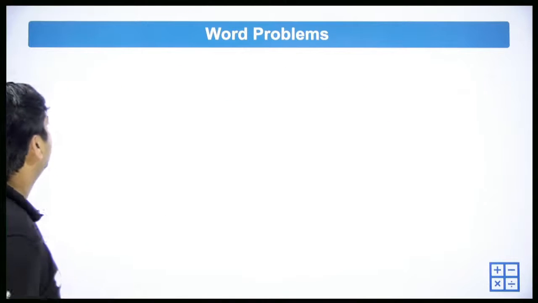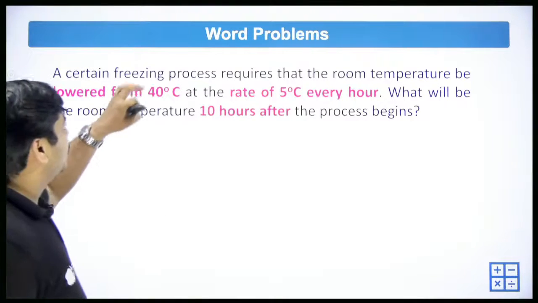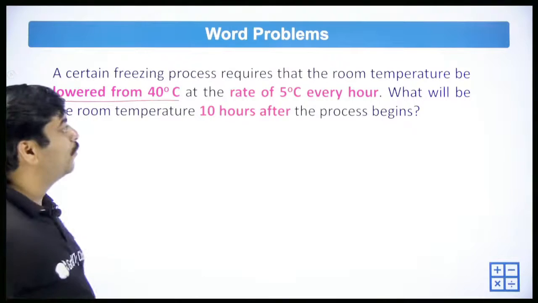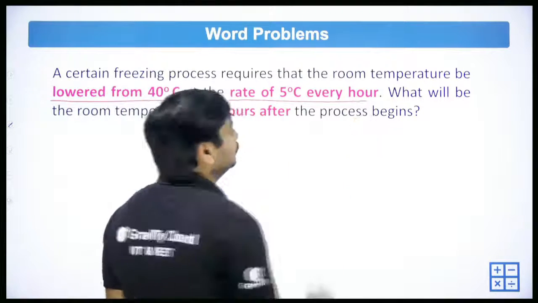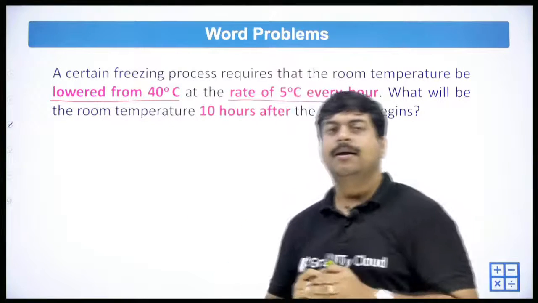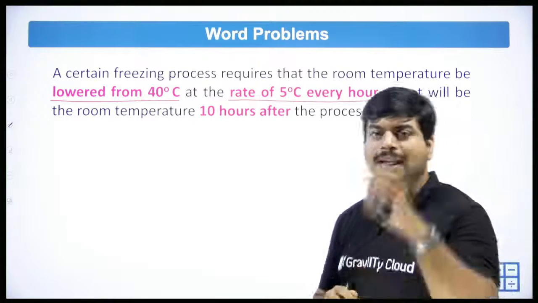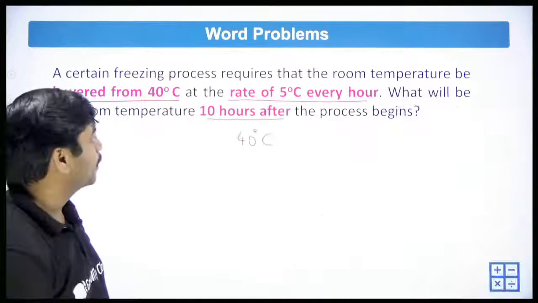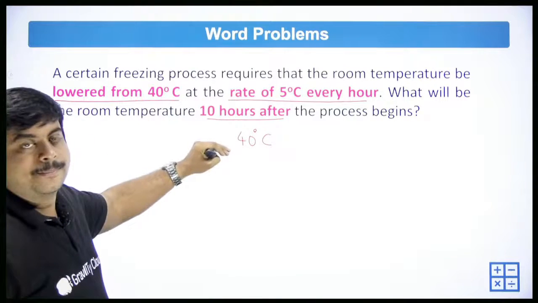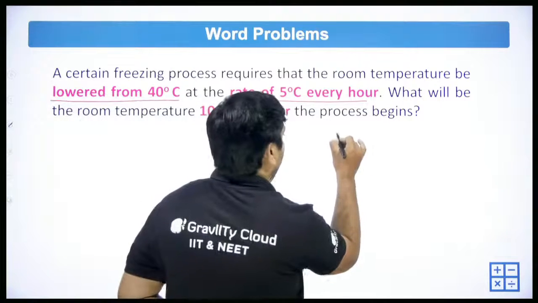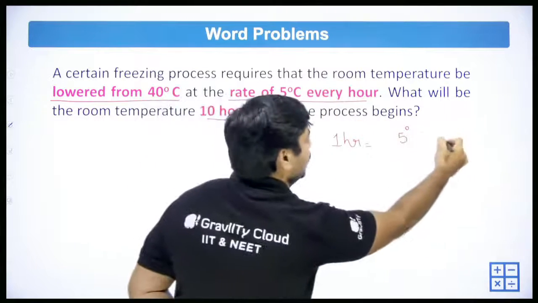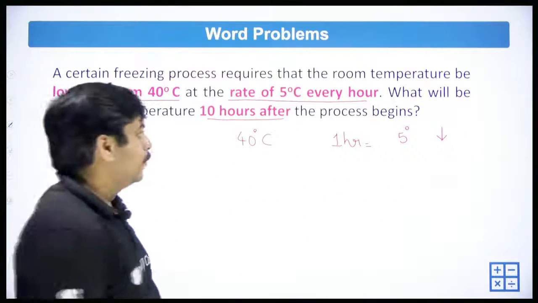A certain freezing process requires that the room temperature be lowered from 40 degrees at the rate of 5 degrees Celsius every hour. Okay, so there is some process going on, a freezing process. So what is the condition there? The initial temperature is 40 degrees, and from there it is being reduced. It is decreasing at the rate of 5 degrees every hour for 10 hours. So for 10 hours,